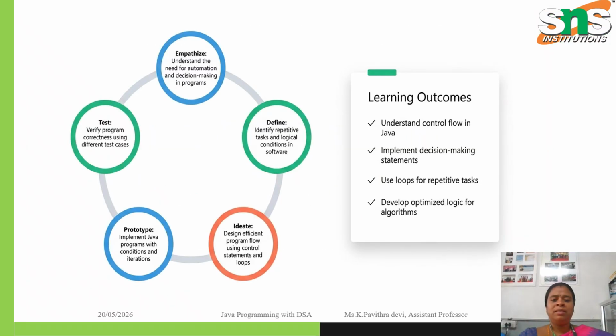In the design thinking stages, first understand the problem: programs often need to make decisions. In the empathy stage, next, define the problem: identify the Java program. It can be decision based, based on conditions, and perform repetitive operations using loops. And then ideate a possible solution: use simple conditions. The prototype implements the Java program with the conditions and iterations,